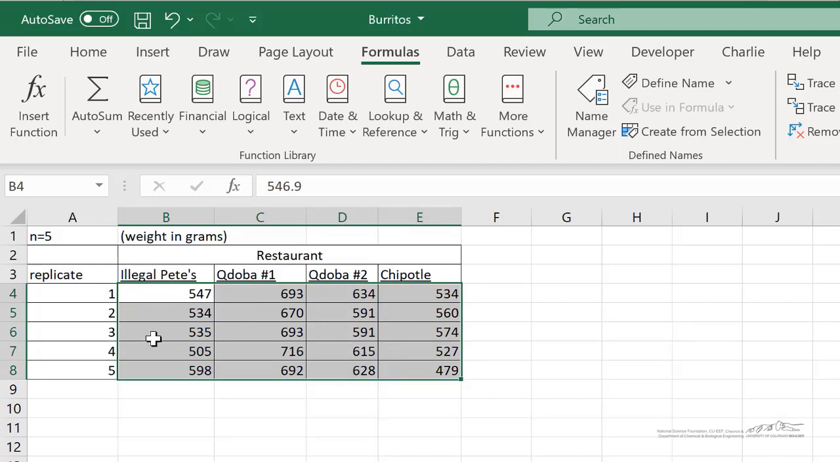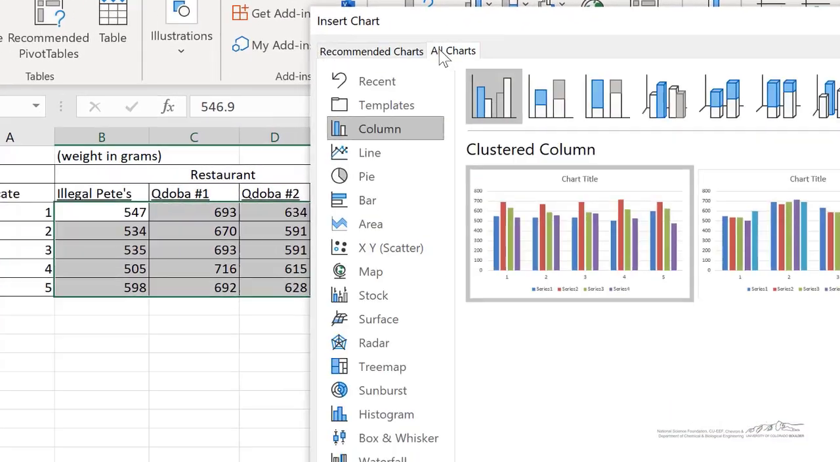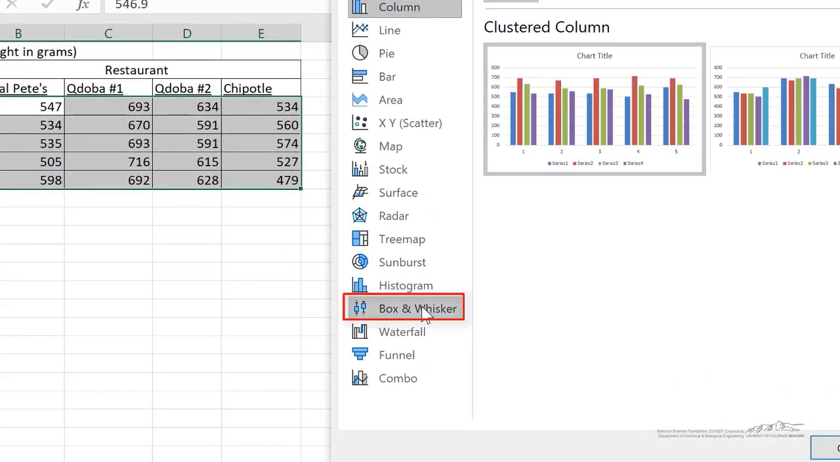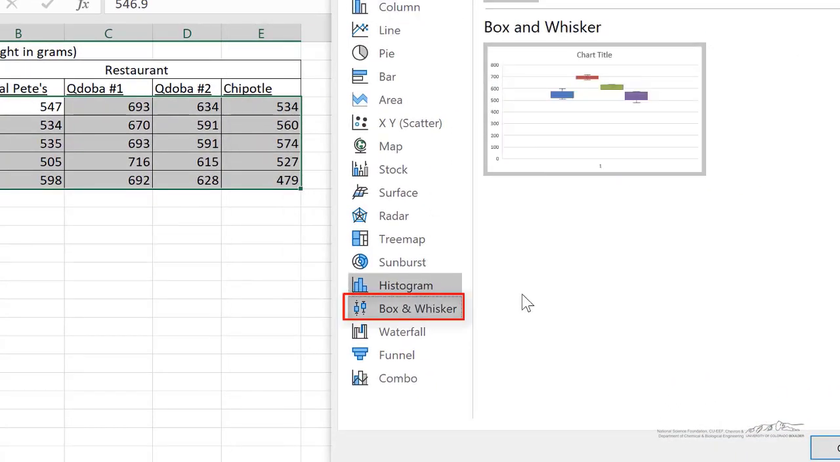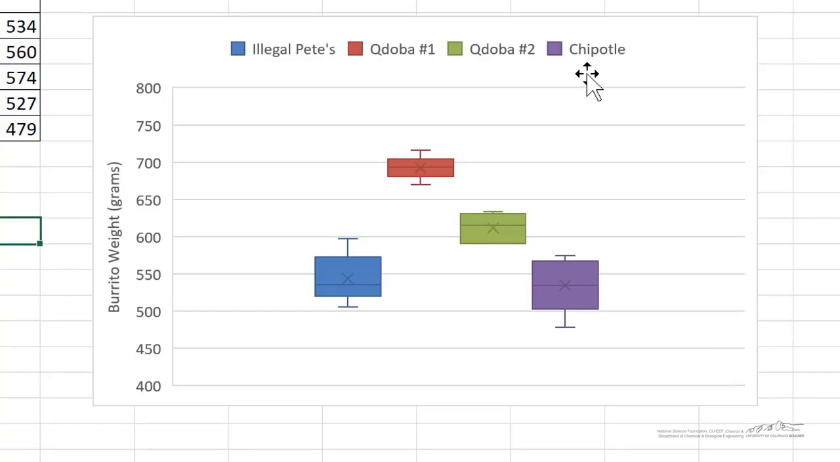It's just weight. We can go up here to Insert, Recommended Charts, and go to All Charts, and go down here to a box and whisker. So sometimes it's known as a box and whisker plot. I can click OK. I'm just going to format this real quick. So I formatted that. The nice thing about a box and whisker plot, also known as a box plot, is